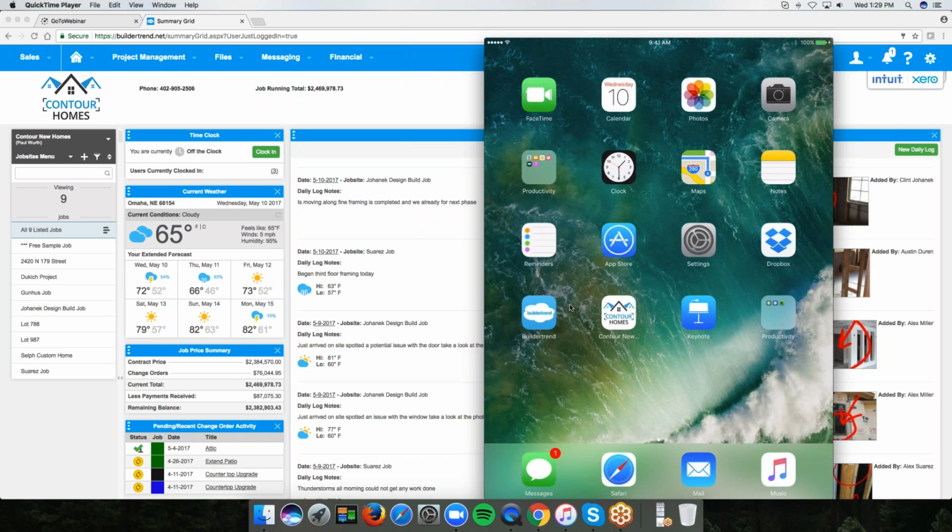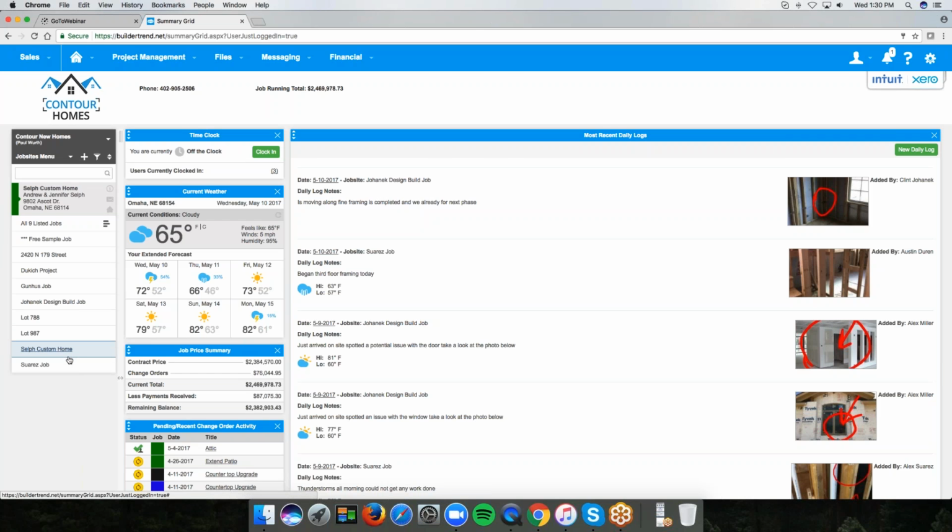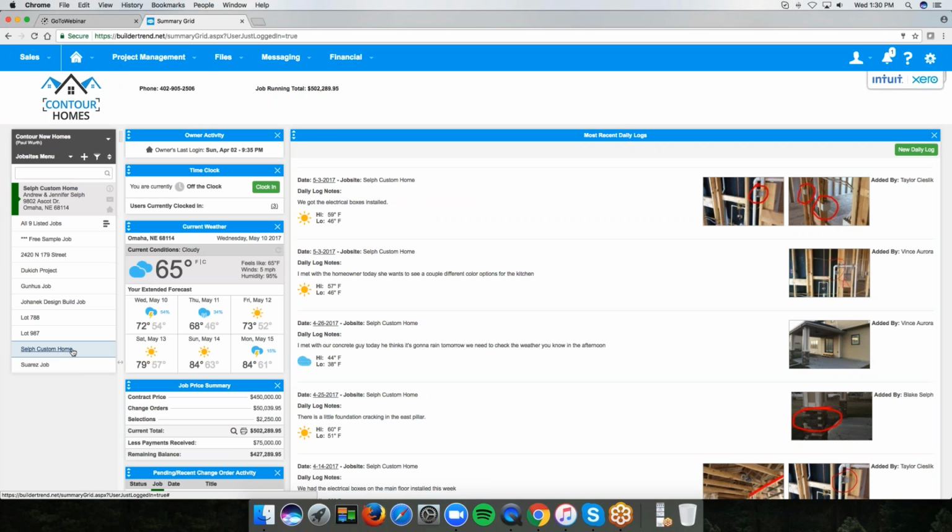And so you can see here with this dashboard, I log in. The whole product can be customized to each company's logo, color scheme, even adding a login box on your website so people go to your website to log in. As I mentioned, over here to the left is a job site menu. So any home that you're in construction on right now, or job, is listed here. You can control the names of every job. Once you actually select a job over here to the left, and we'll just look at the Self custom home for this presentation,